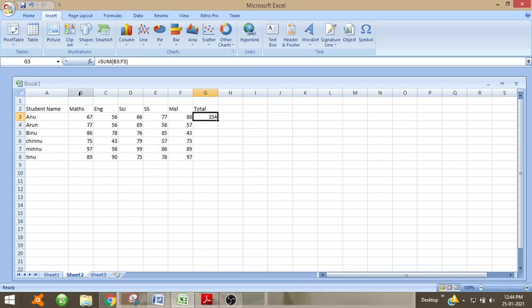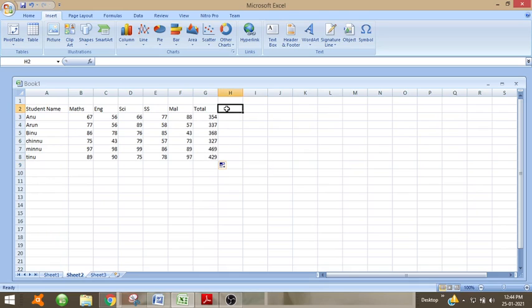From B3 to F3. So here it gives the output of sum as 354, and now when we drag this, the output for sum value will be obtained.